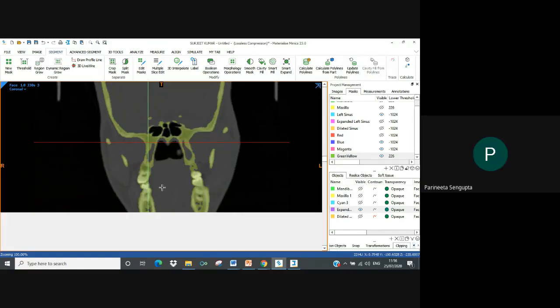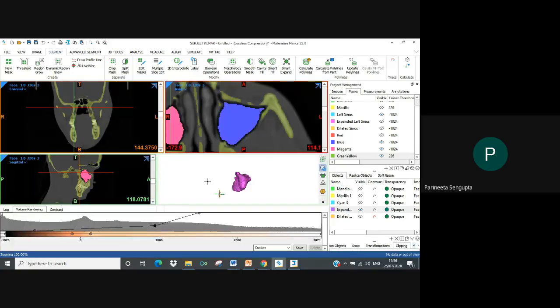So I have recreated my bones. What I'm now going to do is calculate it.